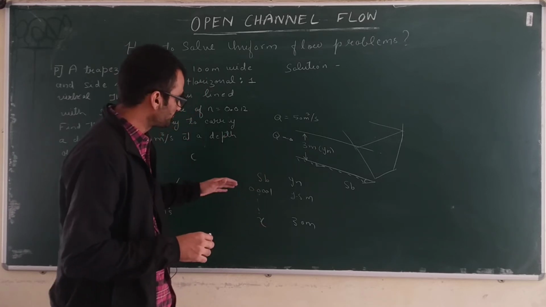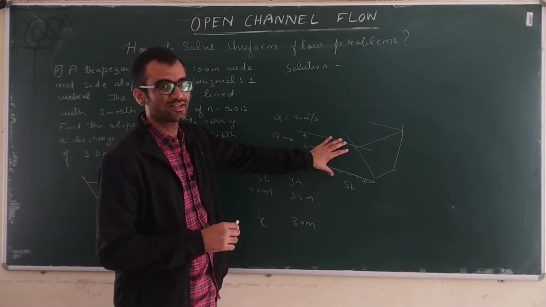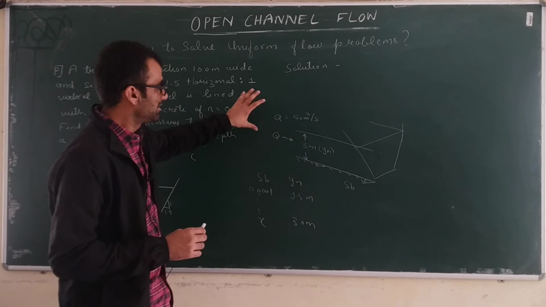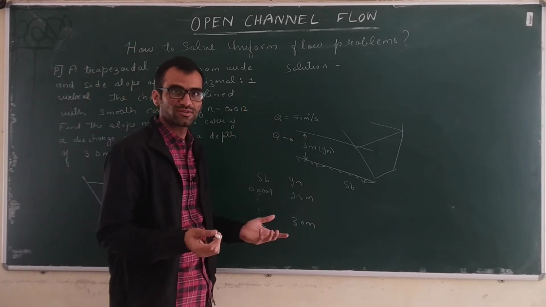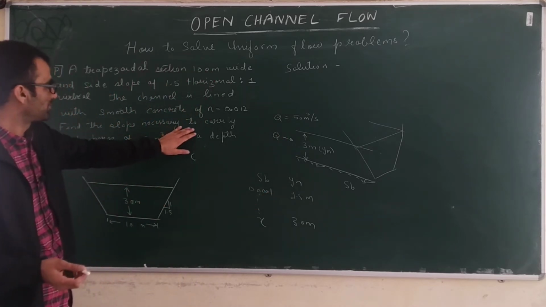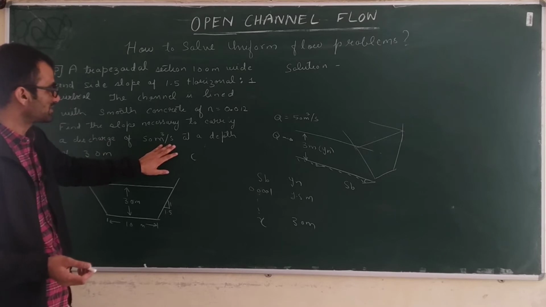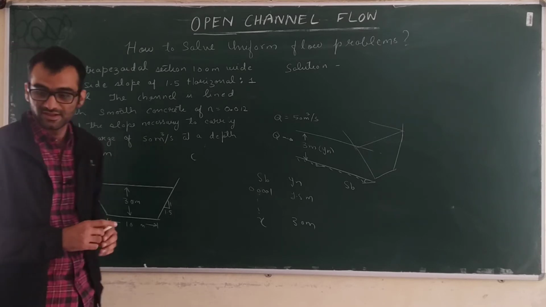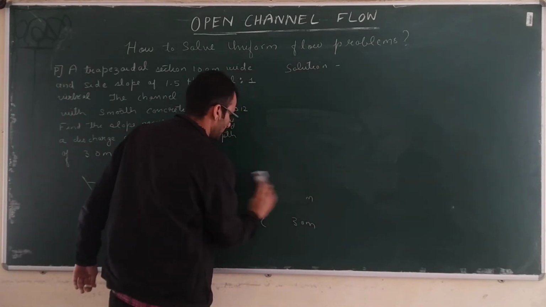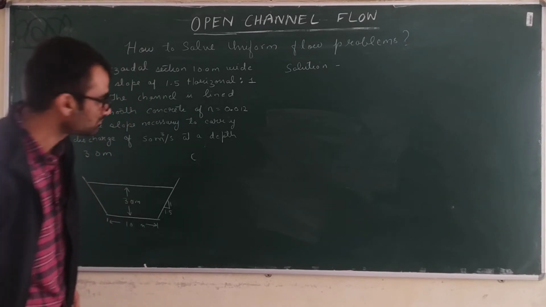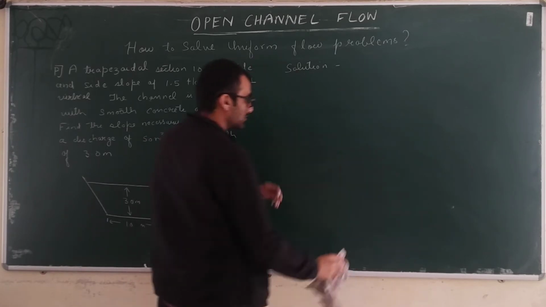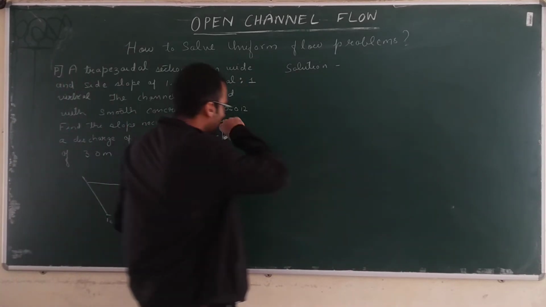Now see, at any slope uniform flow is going to take place at different depths. So in all the cases, as it is uniform flow, you can apply the uniform flow formula. So we will just do that, apply the uniform flow formula and calculate the slope for which 50 meter cube per second of water will flow at a depth of 3 meters. So stepwise we'll try to calculate.